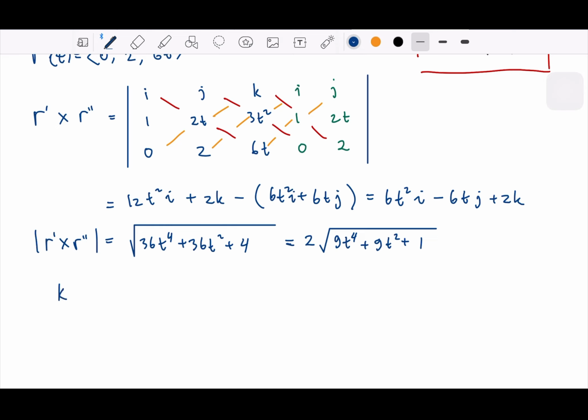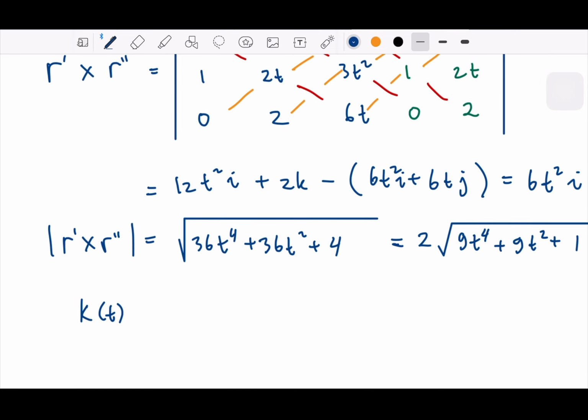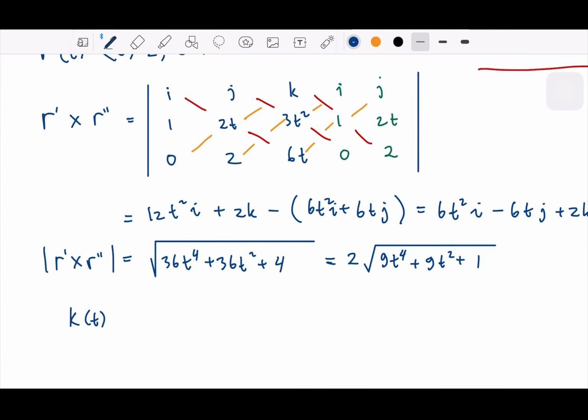And the curvature, we can write the curvature as a function of t, like a tangent. If you remember the tangent, sometimes we need to specify the tangent at some point. So the curvature is so similar. We can specify the point that is mentioned in the question. For example, in our example here, we just need to find it at the origin. So the curvature we can write